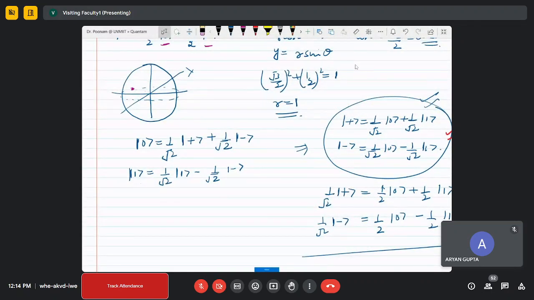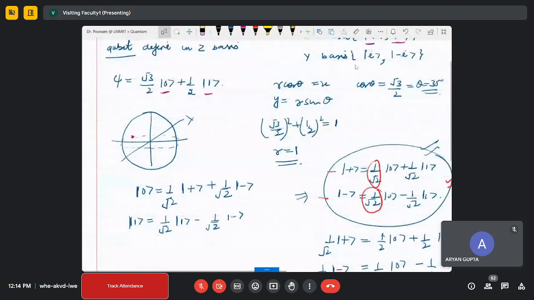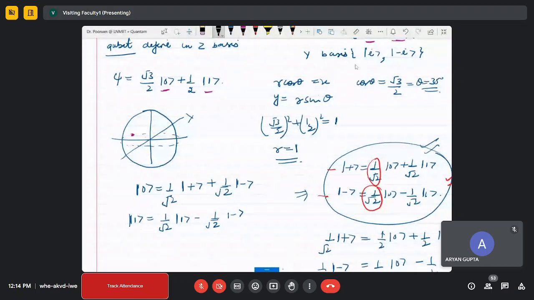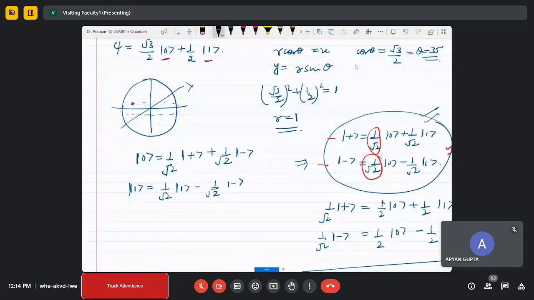The simple way I will tell you is this: whatever is the multiple of 0 in both the representations, multiply this number by its complex conjugate. I will give you a general solution also, but for now, because the complex conjugate will not change the sign here, it will simply be that number. Okay. Now come back to our original qubit that you have to represent in plus and minus. So how will you do it? Simply your qubit is